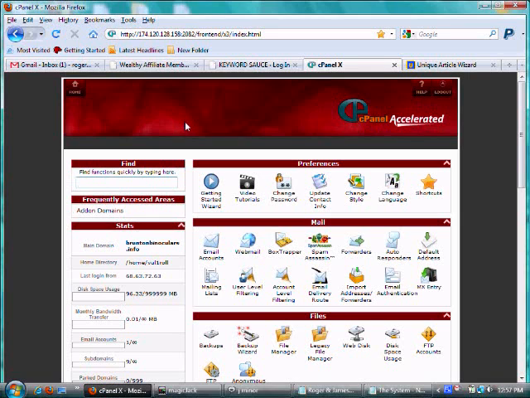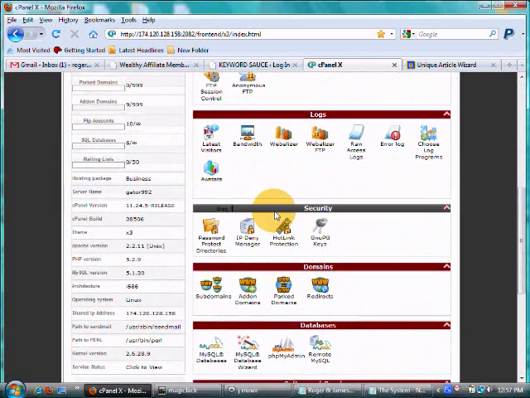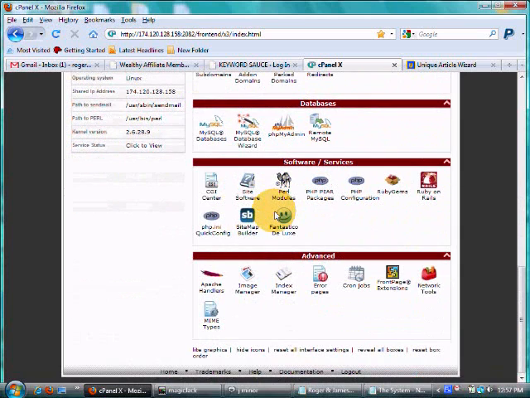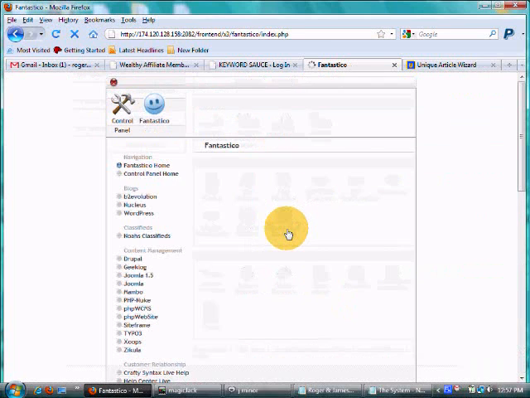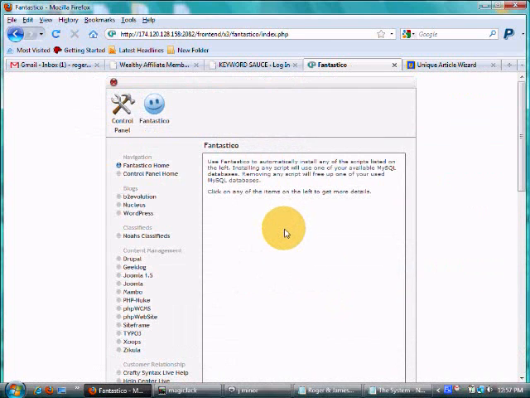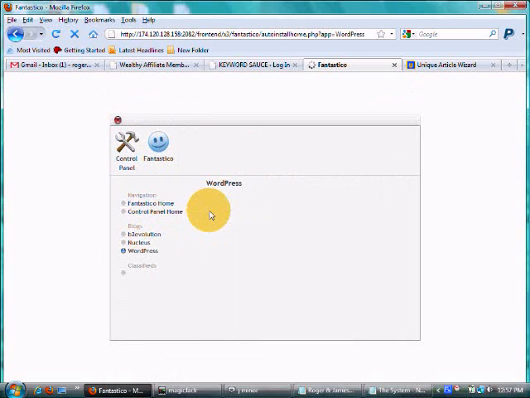and now we're going to get a Fantastico Deluxe, and this is where we are going to install WordPress on those 5 domains that we just created in the add-on domain window. So we're going to scroll down until we get to Software and Services. Obviously WordPress is software, so come into Software and Services, and we want to use Fantastico Deluxe. So we open Fantastico Deluxe, and now WordPress is what we intend to use. So we click on WordPress,